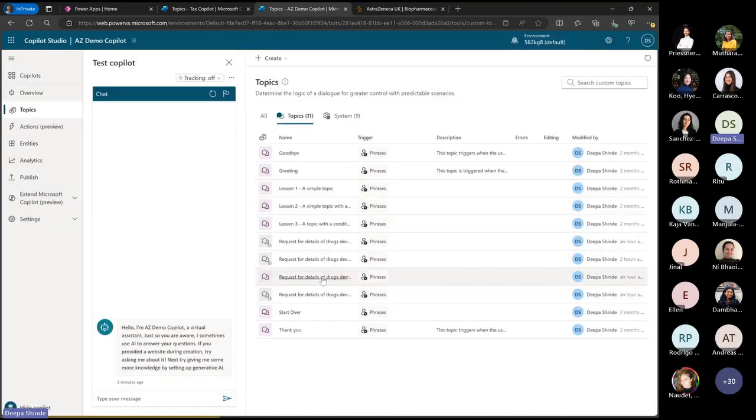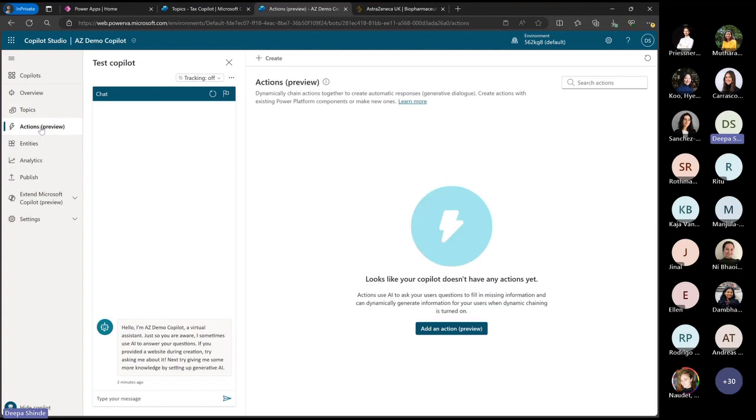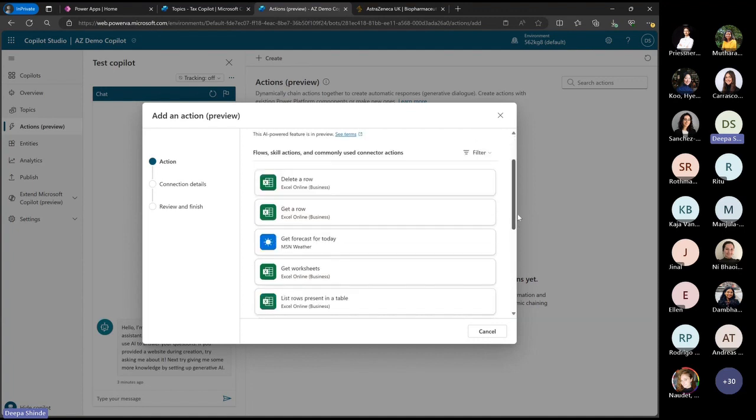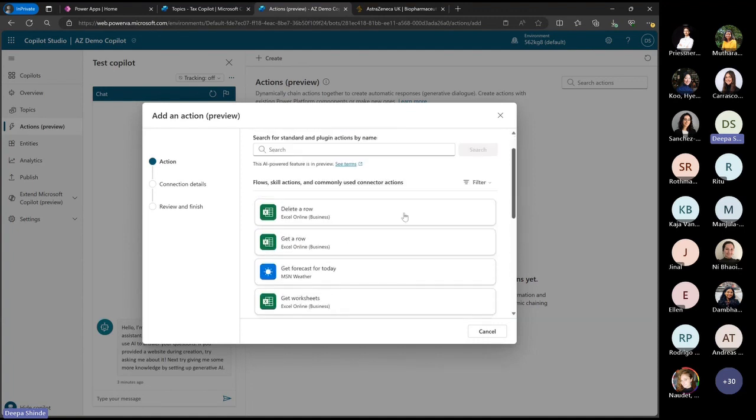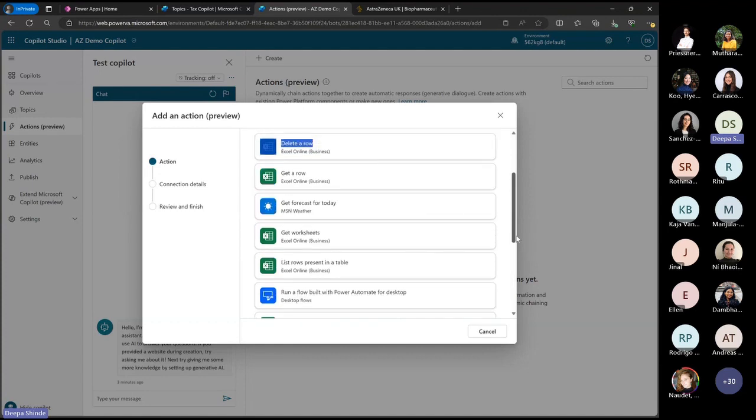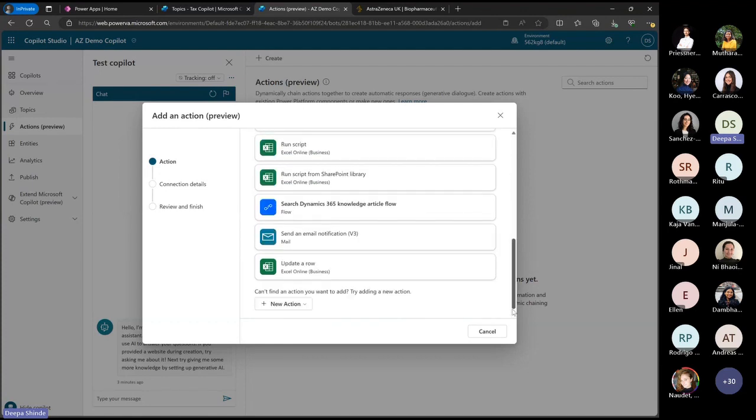I'll take you through the one that I have created, but first I'll quickly explain some of the other tabs. Now actions is, as I said, you can create actions on your own, which means if you want an action to get some information from, let's say, Excel, you can do that. You can also pull information from your APIs if you get one added in here.